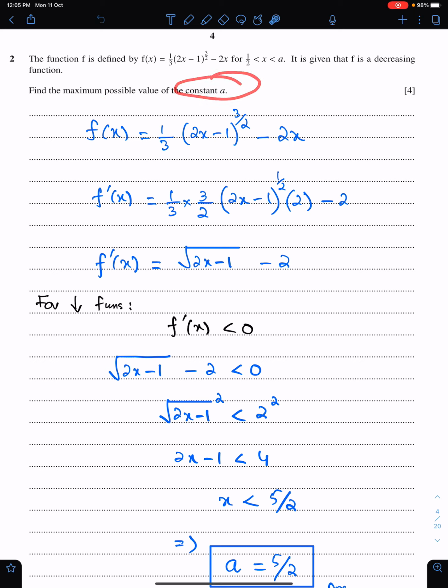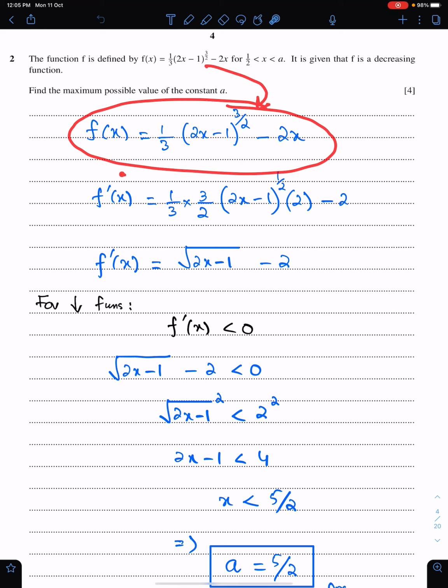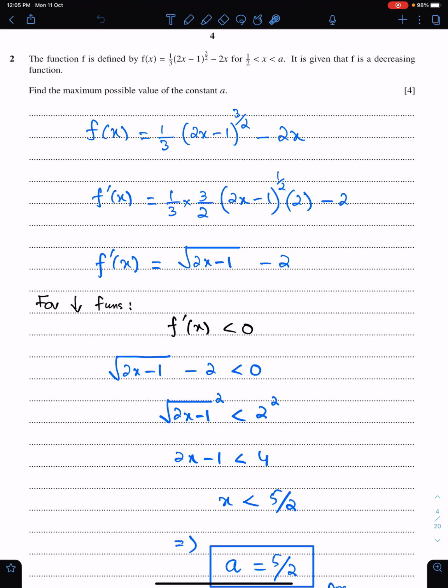For this, we just need to differentiate this to get f prime x first. So first, differentiate this equation of the curve to get f prime x. When you differentiate f of x, you will get f prime x. When you differentiate this composite function, you will get this. First, copy the function, then make this power the coefficient, then subtract this power by 1, and then differentiate the inside function. This is the way to differentiate composite functions. And the derivative of minus 2x will be minus 2. This is the simplified form of f prime x.